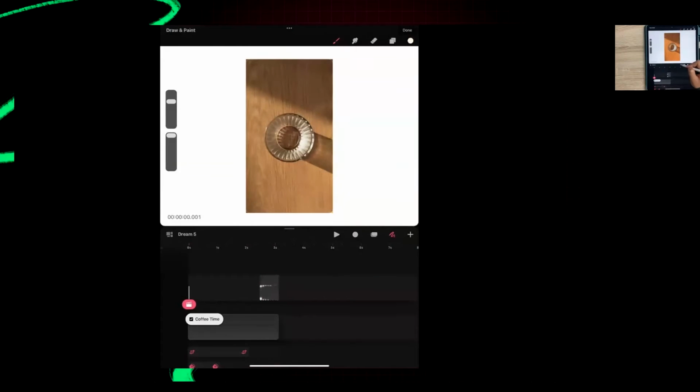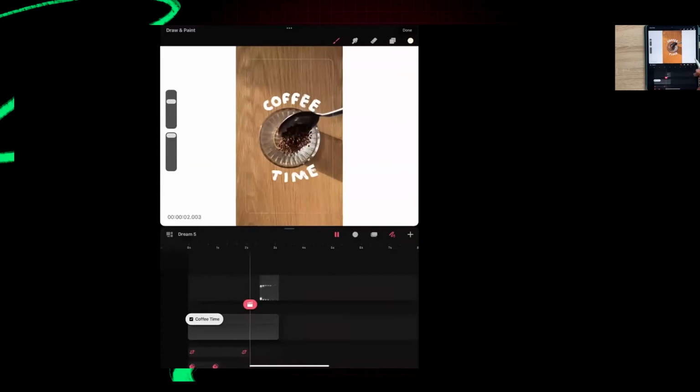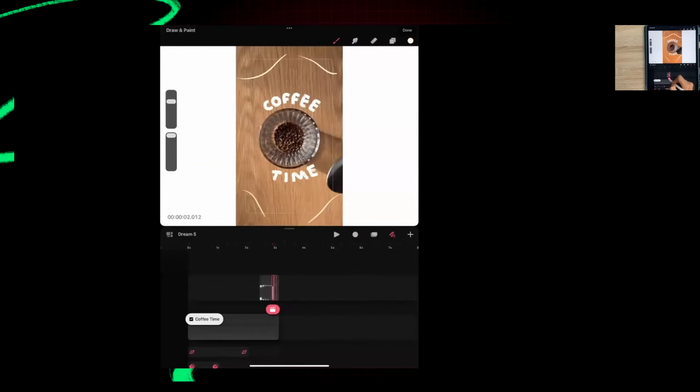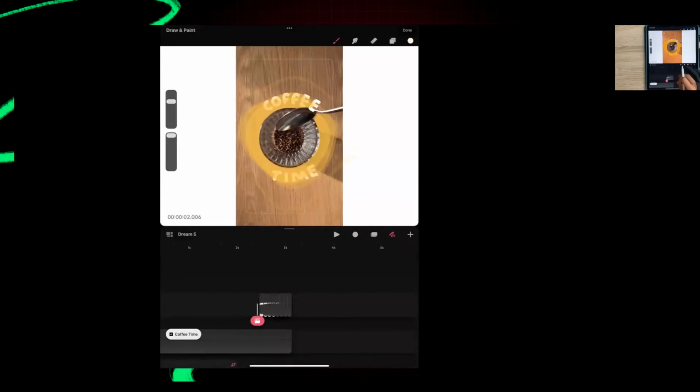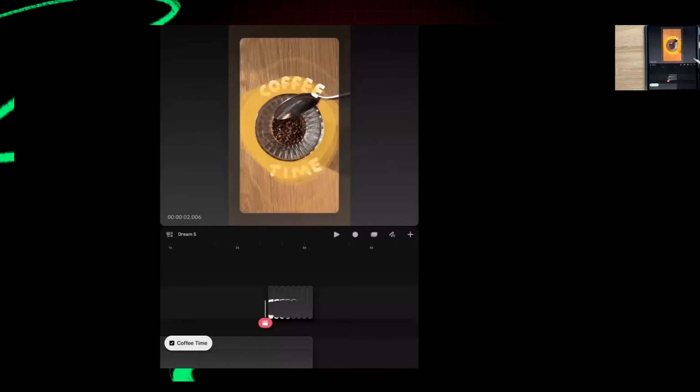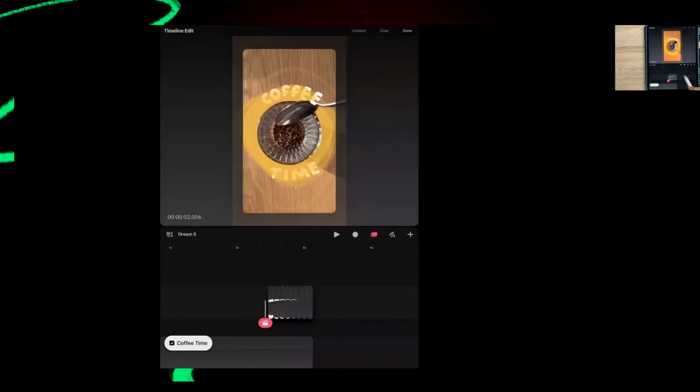So now we've added the rotating text and we've got a ripple from the coffee. So now we need to transition into the second clip. I'm going to do this using keyframes again, just with a simple whip transition using a shape. So to keep up our organization, let's group these 8 frames that we've done. So I'm going to deselect the paint and draw tool, and then select the timeline edit, which is the square in between the record and the draw. I'm just going to tap on this icon and then draw one line across all 8 of those